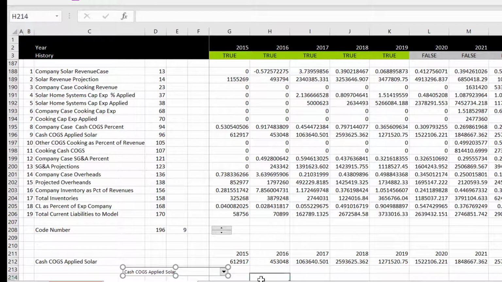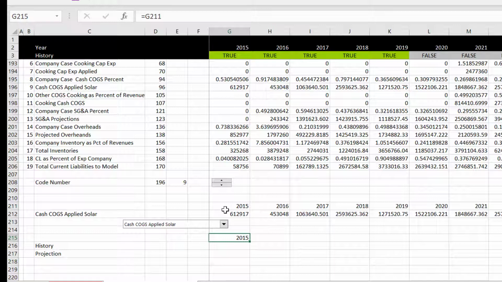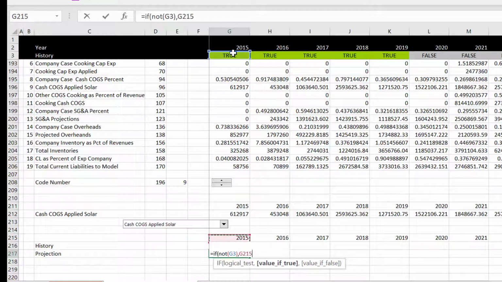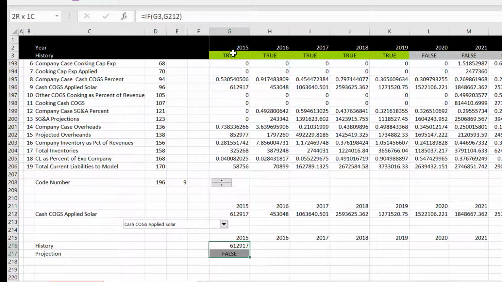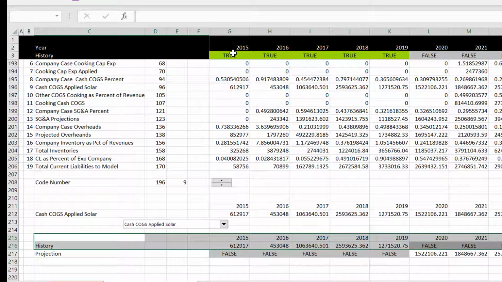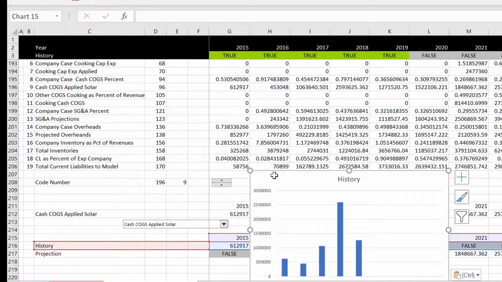once you have this, if you want to take one of these, I've done it before, but if I want to put history, and then projection, all you do, and then you put your little title here, and then you just put equal. If it's the history, then we take this one. Otherwise, if it's not the history, then we take this one. Maybe there's a better way to do all of this, you know, I don't know. And then this, maybe this is the real graph you want. Alternate F1 to make a little graph goes way over here. Let's put it over here, you know,